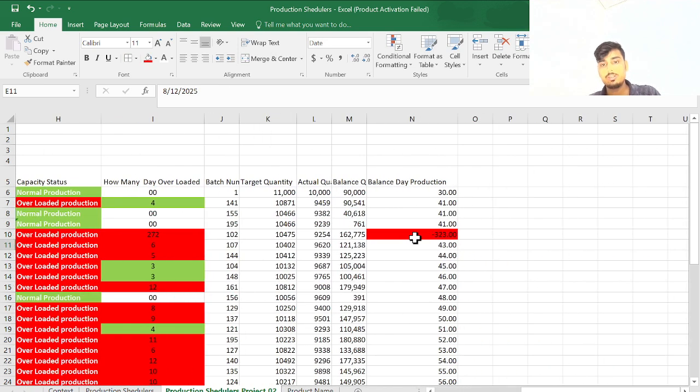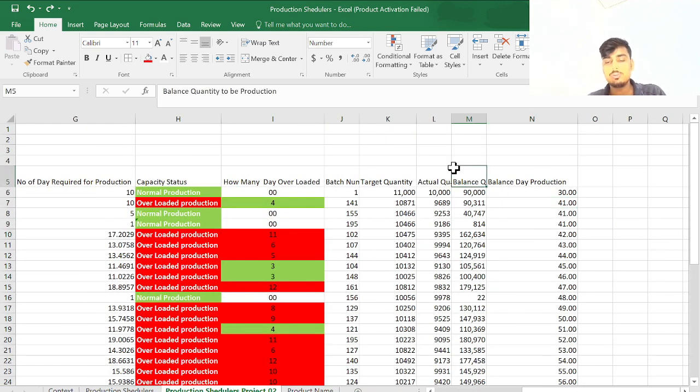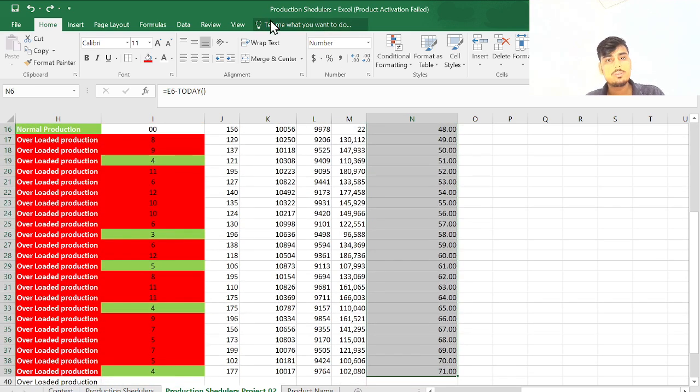So here it automatically changes the balance to -323. Okay, I'm not going to put this value. So again, this is the balance days of production, and if we are getting positive, then it might show as green. So new rule,